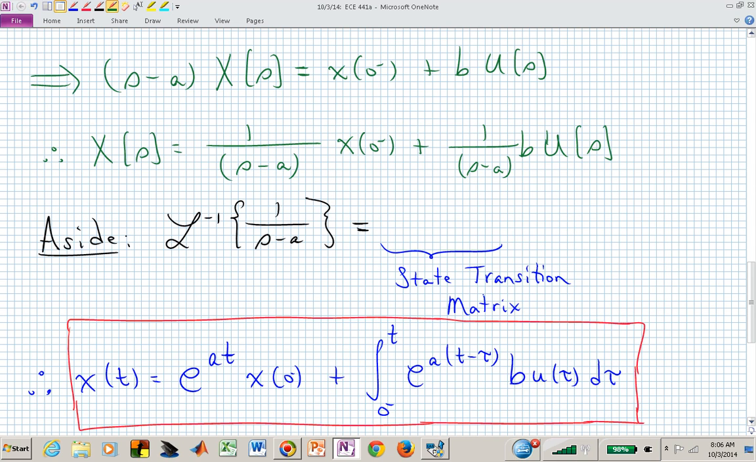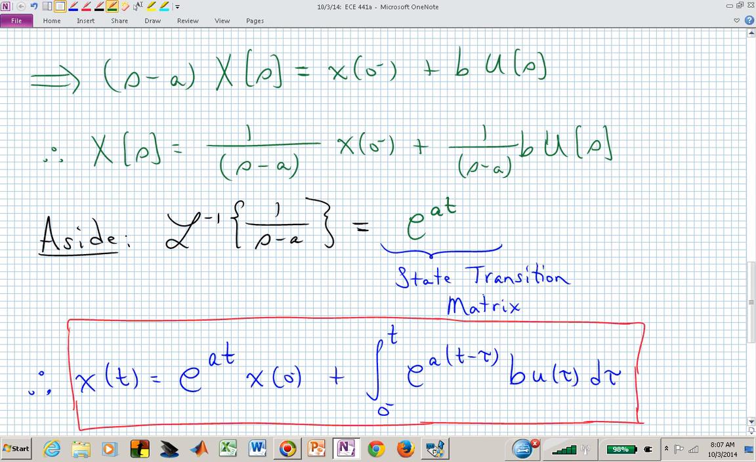And now what's the state transition matrix? If you were to inverse Laplace transform 1 over S minus A, what would that produce? And the answer is there since I've scrolled through the movie so quick. If you can identify what we were calling the state transition matrix before, what is the inverse Laplace transform of 1 over S minus A? E to the AT. So if we write that in,